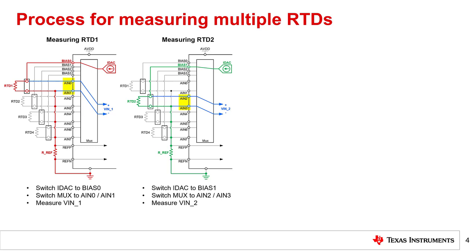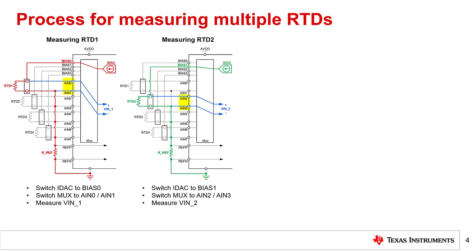Before moving on to the next process step, it is important to consider analog settling issues due to the IDAC switching. Every time the IDAC output is switched, a previously unpowered circuit is biased, such that any capacitors in the IDAC path take some time to charge to a steady state. Avoid analog settling issues by switching the IDAC output as soon as possible after the previous measurement is complete.